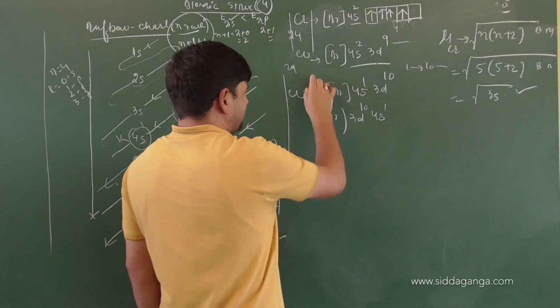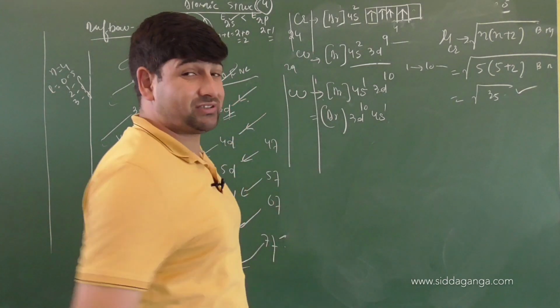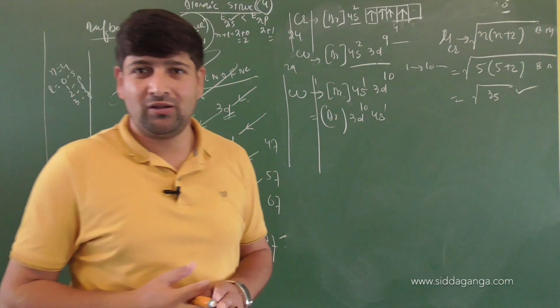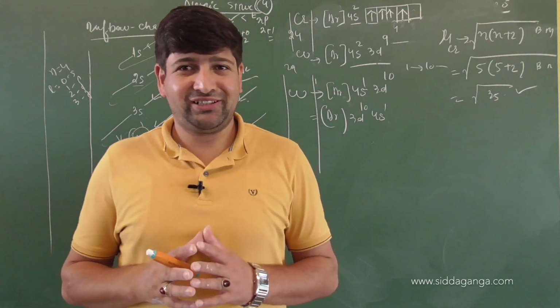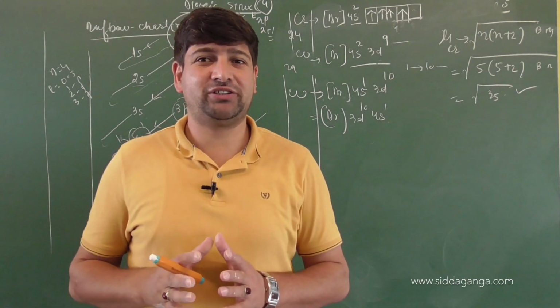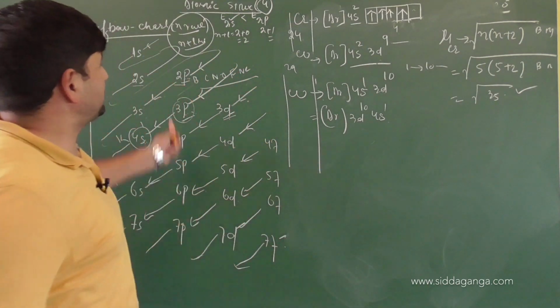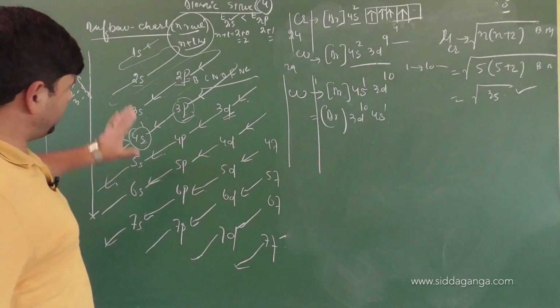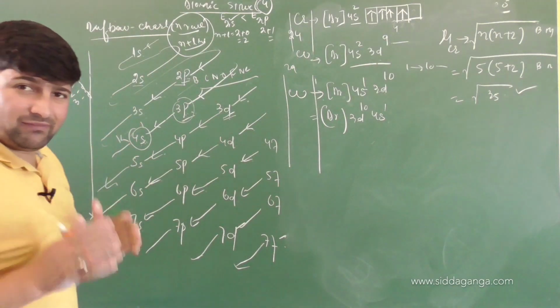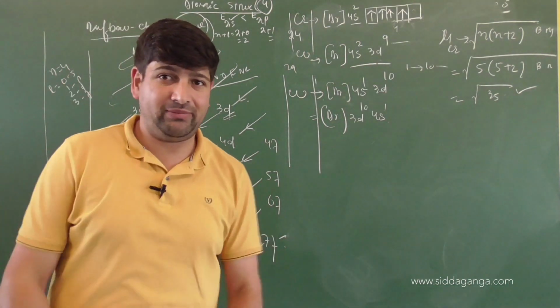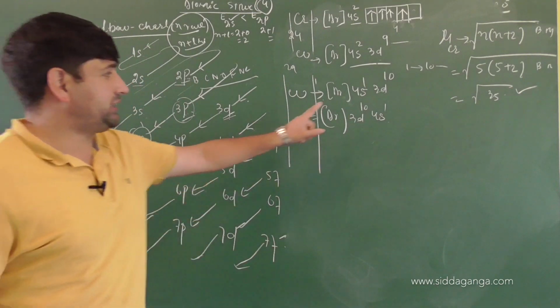And whatever the elements are present in this group, they will exhibit similar properties. Did you follow the generalization here for filling the electronic configuration, children? Clearly? Very good. Now you can try electronic configuration using this above chart. Keep this chart in mind, and whenever you are writing the electronic configuration of elements, make use of this chart to write it.